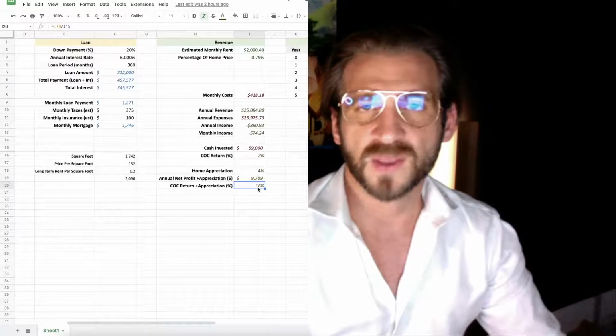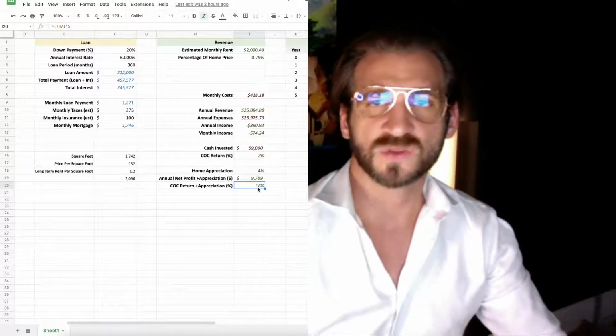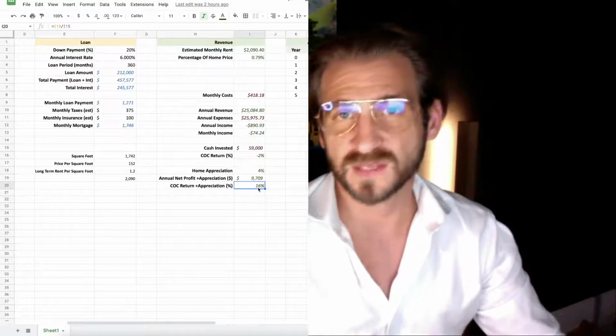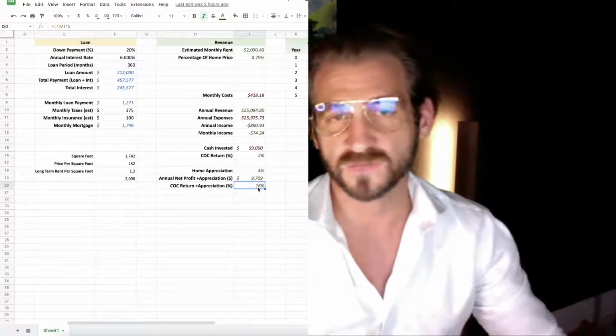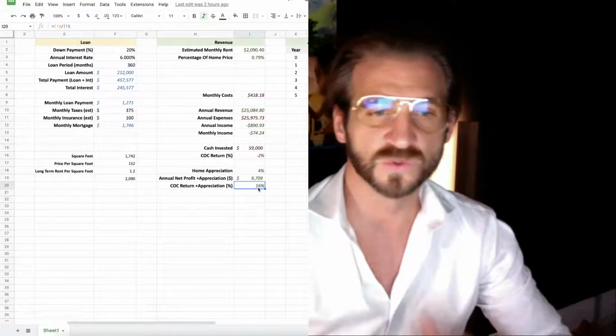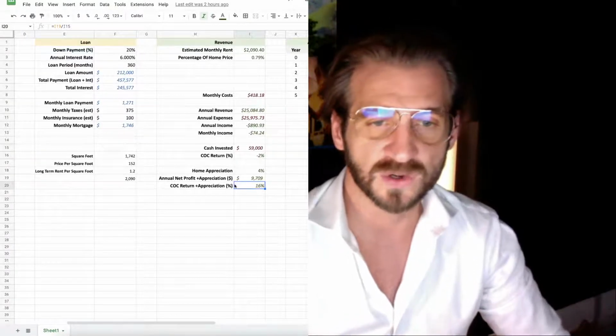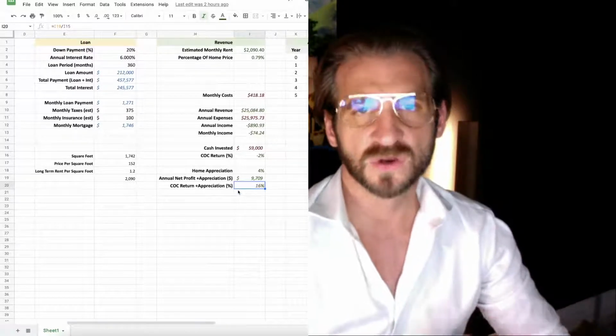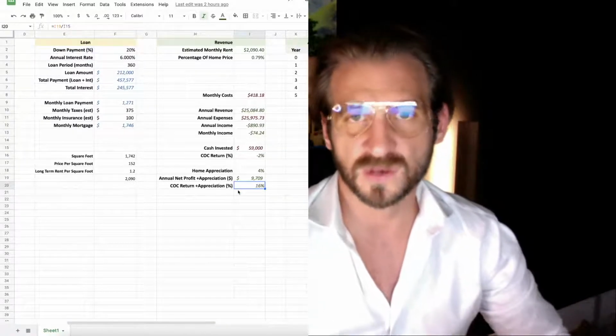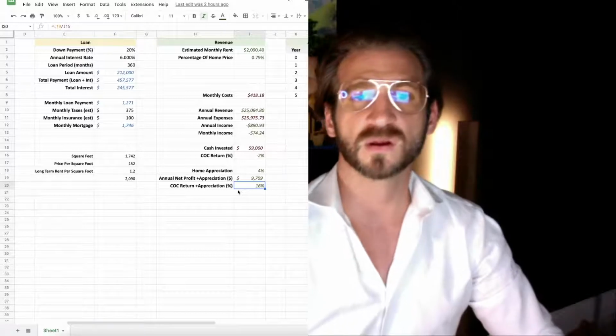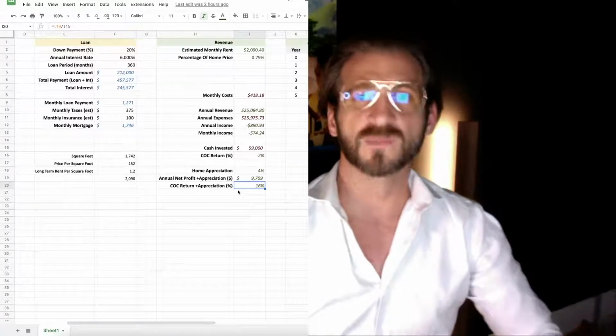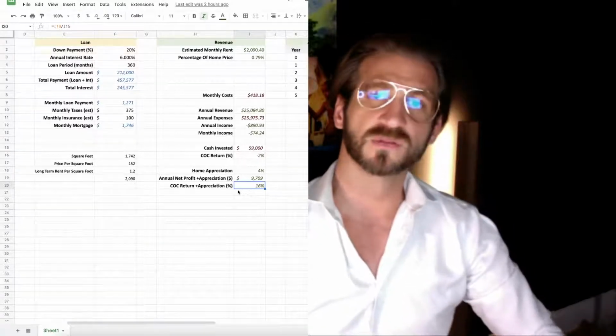So on paper, I guess it could make sense if you include the equity, but we're not even putting in the debt pay down, which is your IRR. If you do your internal rate of return, which would be this right here plus your debt pay down, then you're going to be looking a lot better, and the numbers and the percentages are going to look a lot better. But in the end, if you're not making at least a couple $100 a month on your rental,